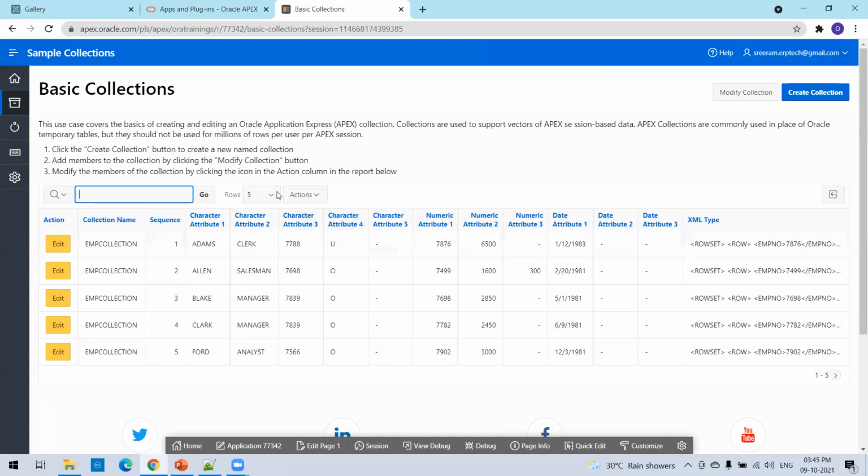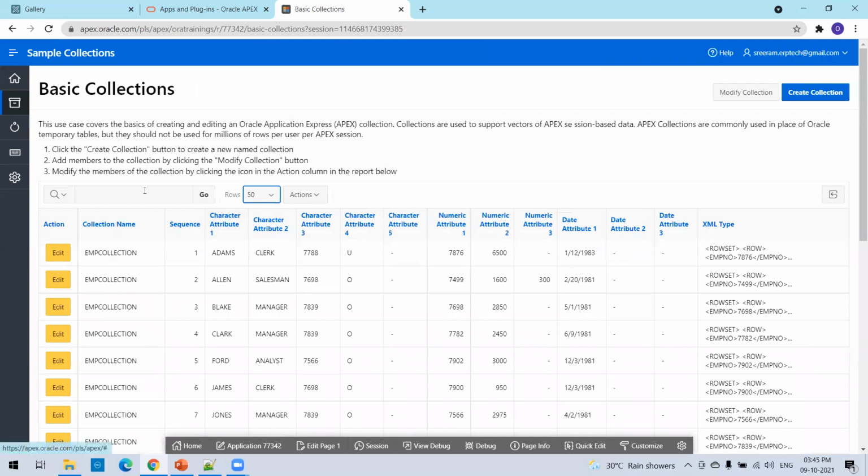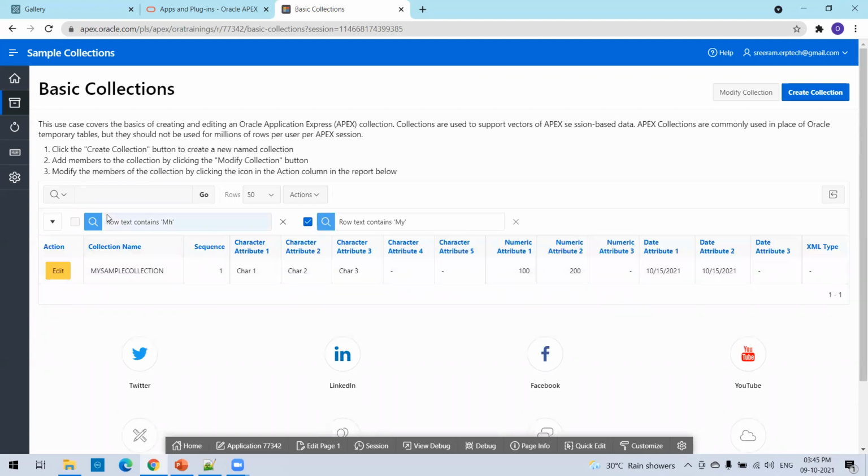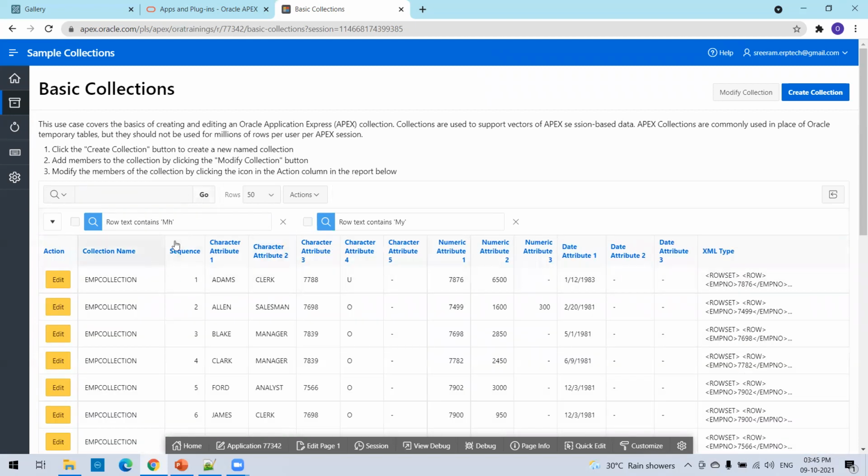We should be able to see the EMP collection also, right? Not only that, we also have the collection which we created, isn't it? Right, this is our collection, and there is another collection with the name EMP collection, isn't it? Okay, so these are two collections which are available in this particular application.